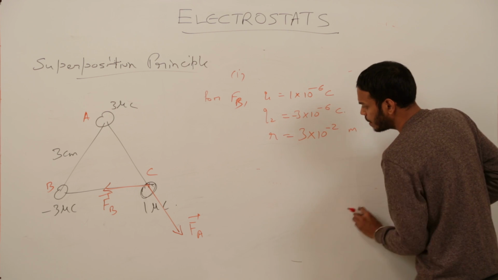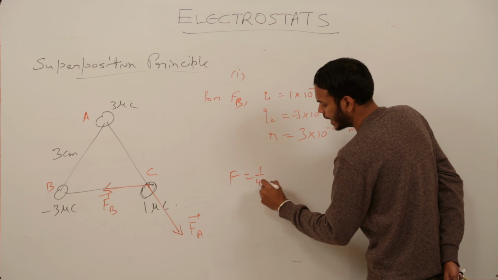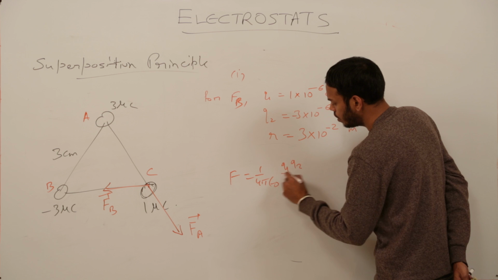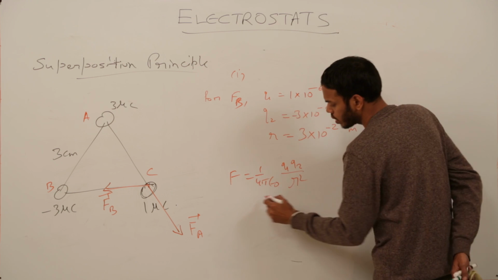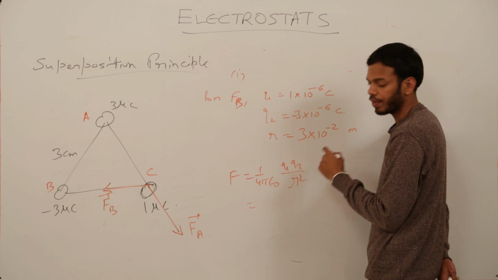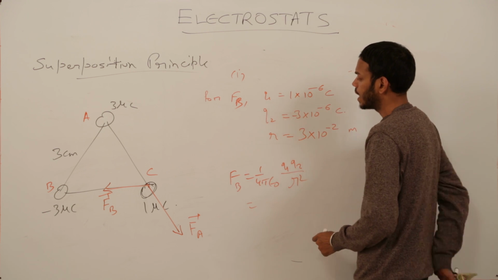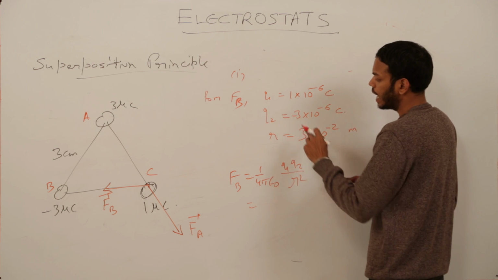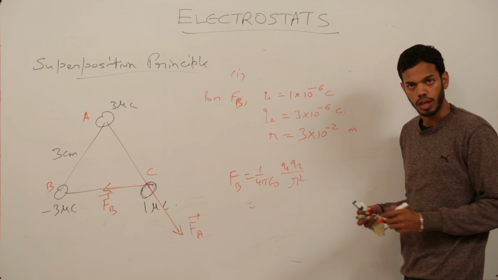R is 3 into 10 raised to power minus 2, same distance. So the formula becomes, again you write down the formula and put the values, but I have done some mistake here. Figure it out. There is something wrong here. I am writing FB. The wrong part is I am not supposed to take the negative sign in the numericals, because